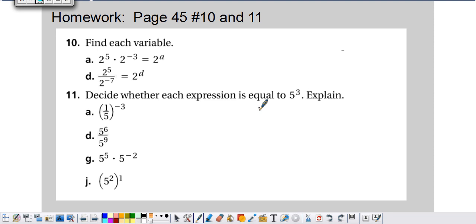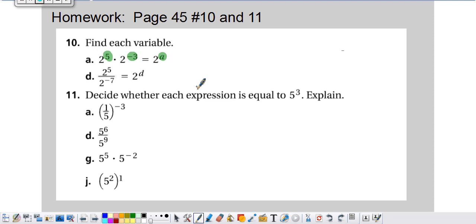5, numbers 10 and 11. So I've blocked off some of them just so I can give you some examples of what you should do for homework. Let's take number 10a, for example. I have 2 to the power of 5 times 2 to the power of negative 3 gives you 2 to the power of a. Now, the equation that you might want to write to help you out is the relationship